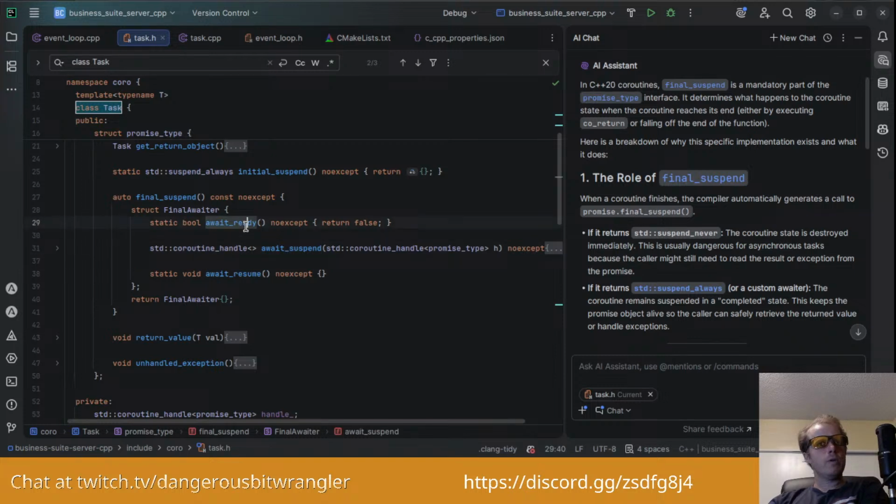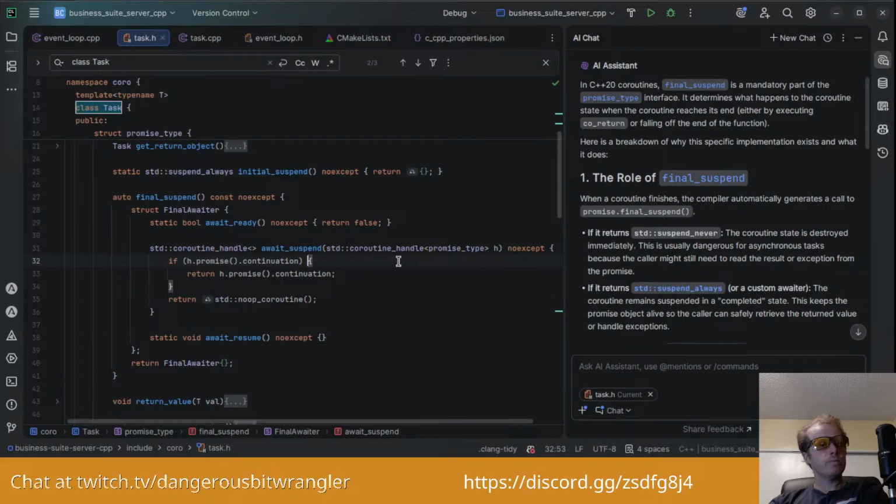And internally it calls await ready for some reason, I guess. Wait, no. It returns a struct with a final awaiter, which apparently will return a continuation if it has one. Otherwise it will just return this do nothing, no-op coroutine if there's nothing to be continued. And then it provides an await resume method.